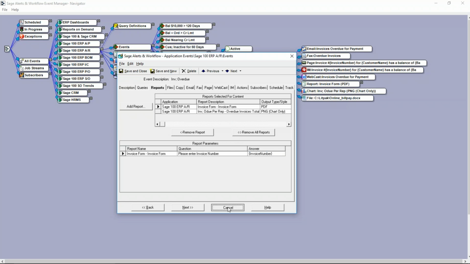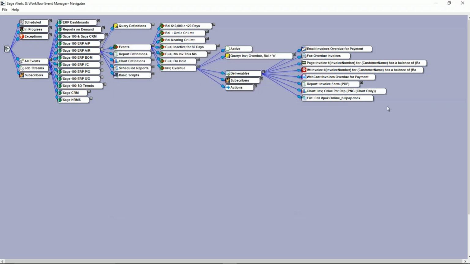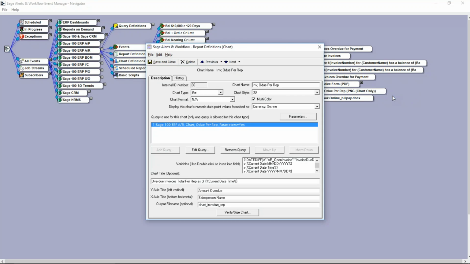But since we're talking about reports and charts, I'd actually like to take you into the chart design module. No additional hardware or software is required to create graphic alerts. And again, we all get too much information and too much email on a daily basis. Sometimes giving someone a quick picture is a lot easier on them than sending them a 5, 10, or 20-page report. So this graphic alert designer is part of Alerts and Workflow.